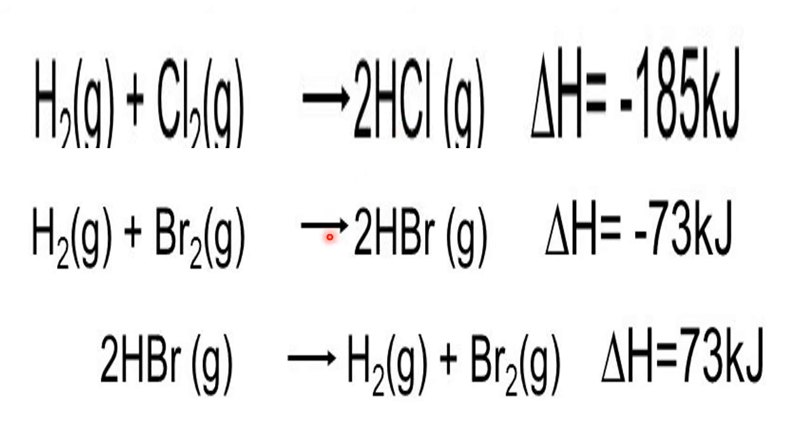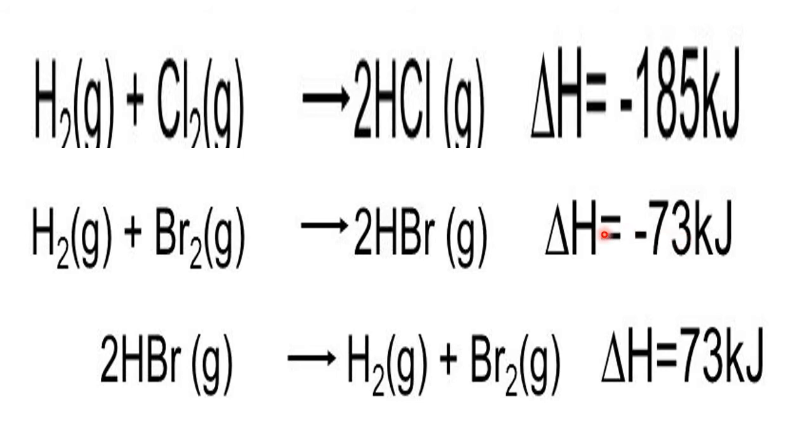Same thing here also. It is an enthalpy of reaction because 2 moles of HBr are formed from its constituent elements. But see one more thing here. H2 plus Br2 gives 2 HBr, and that time delta H is equal to minus 73 kilojoules. So what is it per mole? Per mole it is divided by 2. 73 by 2, whatever answer you get, that is the delta H for the formation, for per mole.